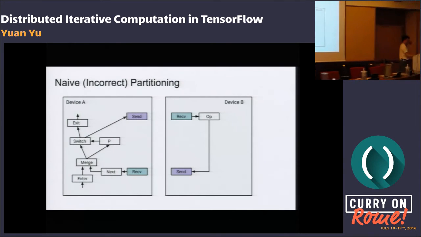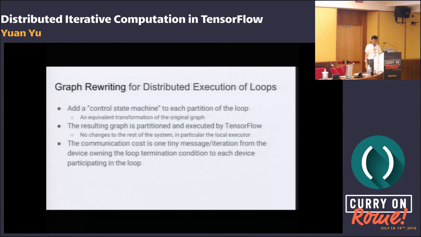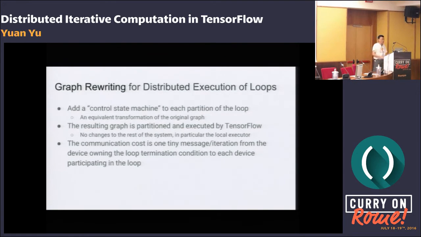So the trick is to do graph rewriting. The idea is very simple, but the implementation turned out to be quite tricky. The basic idea is to add a control finite state machine to each partition of the loop. This is an equivalent transformation of the original graph, so we're not changing the semantics of the graph. Then the resulting graph is partitioned and executed by TensorFlow.